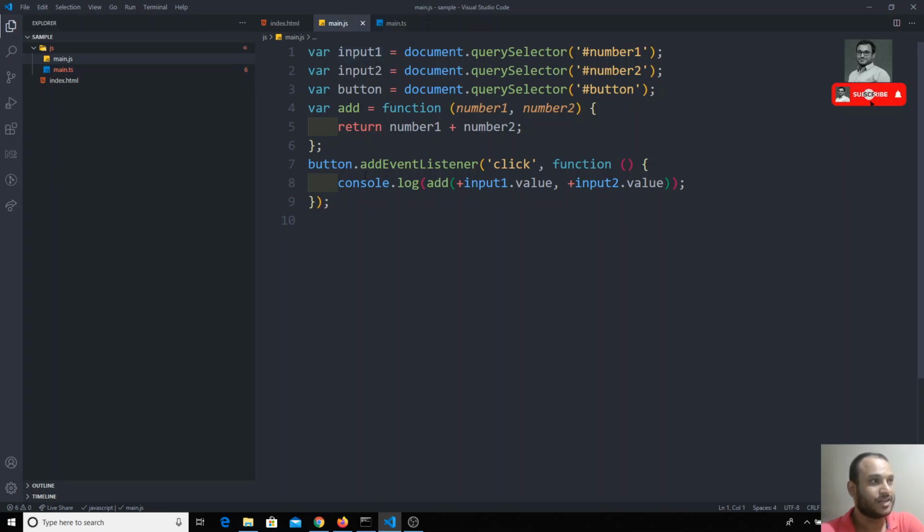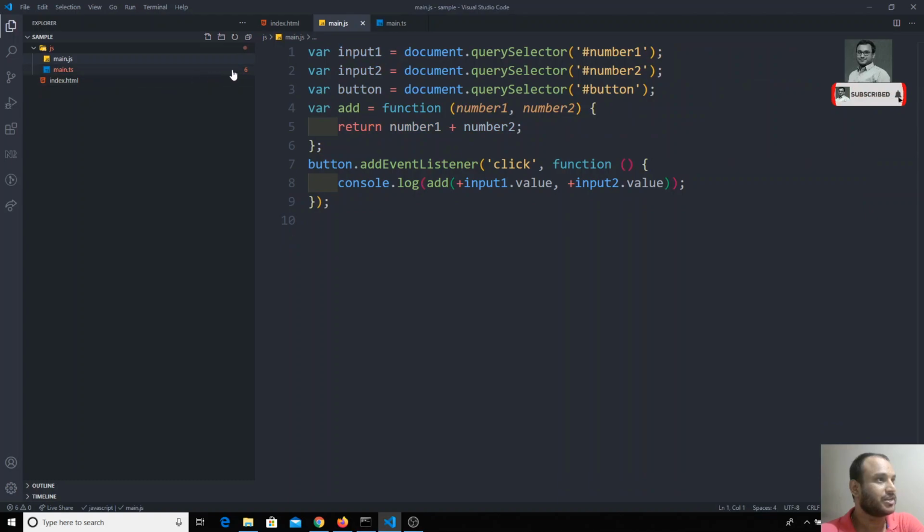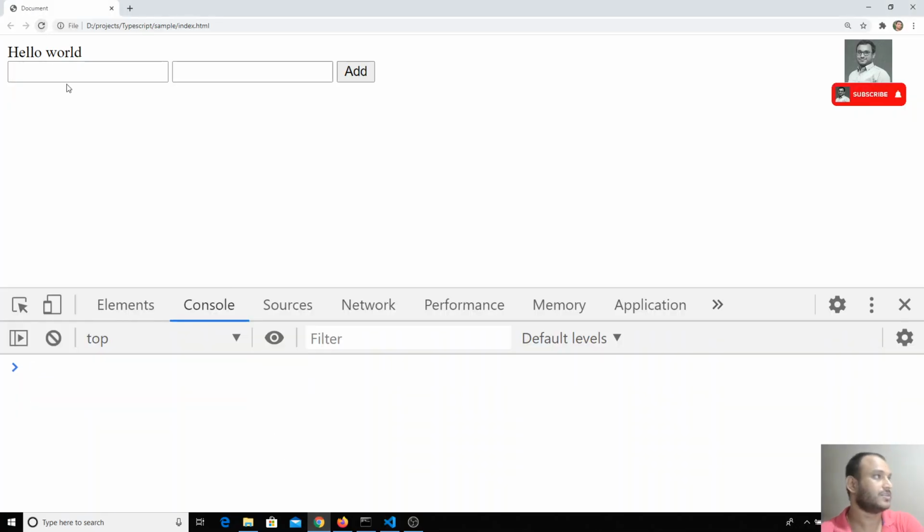Here, if you check the compiled code of this main.ts, the code whatever we have written has been compiled and we got the same code as output. See, here add of plus input, the same code we have written in JavaScript. Now when I try to execute this one, I give 1 comma 2, I click on add, and I got 3.